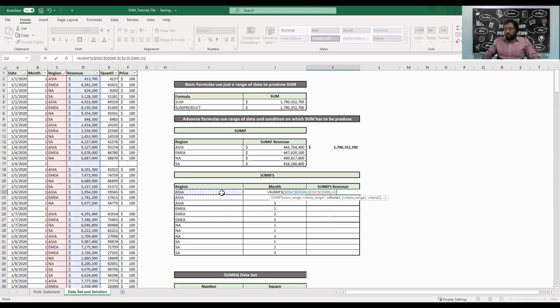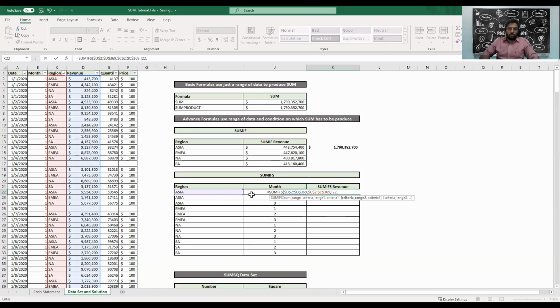Now we will give the criteria range 2. You see that I have moved to criteria 2. It says that you have to give the second criteria range and then criteria again, 3, 4, 5, any number we want. So we will now give the month.